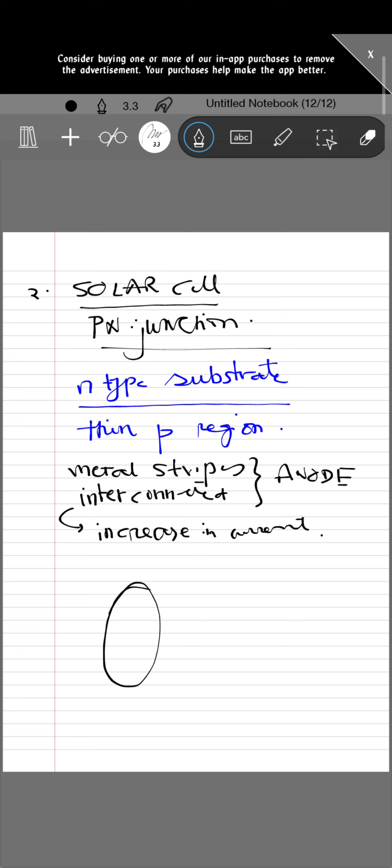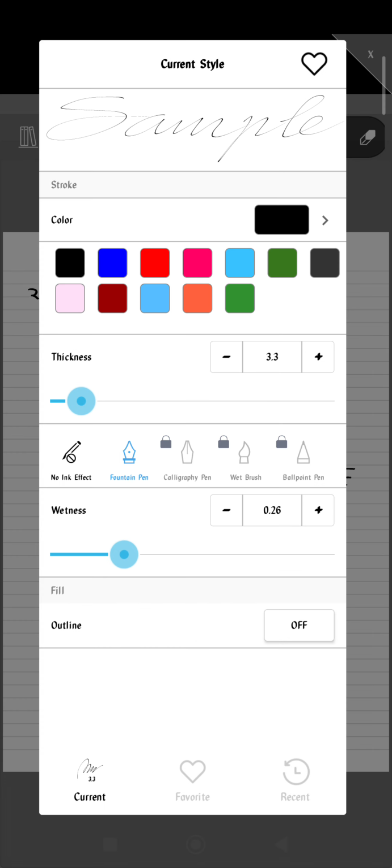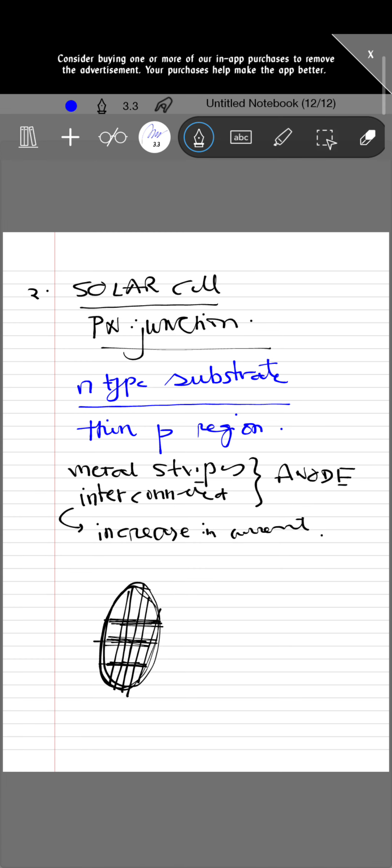This is a silicon wafer, and on which you have these metal stripes, and in this version, interconnected metal stripes, and this basically forms a network